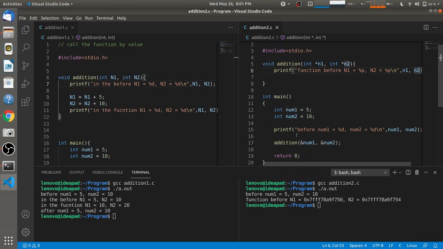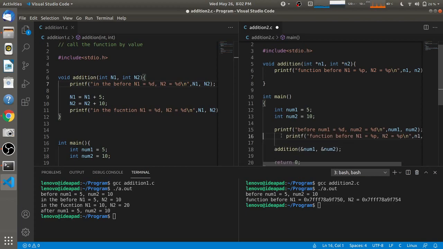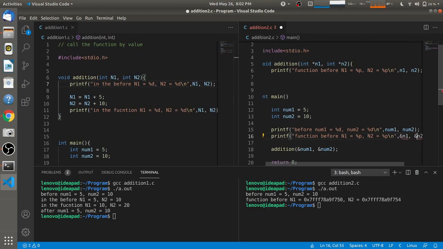That also we can prove by printing those addresses here itself. In the main function also we can print those addresses. If both the addresses are matching, that way we'll understand that we are printing the address of the same number and not another number.